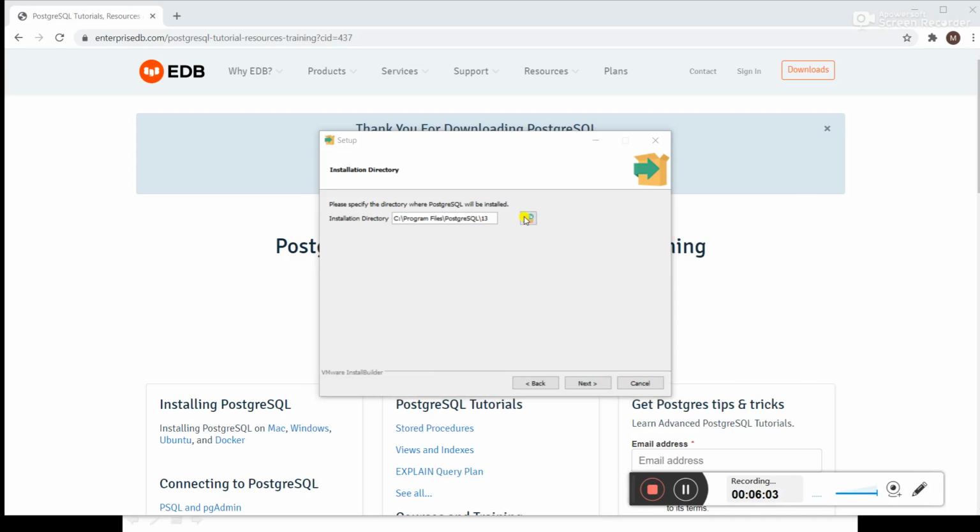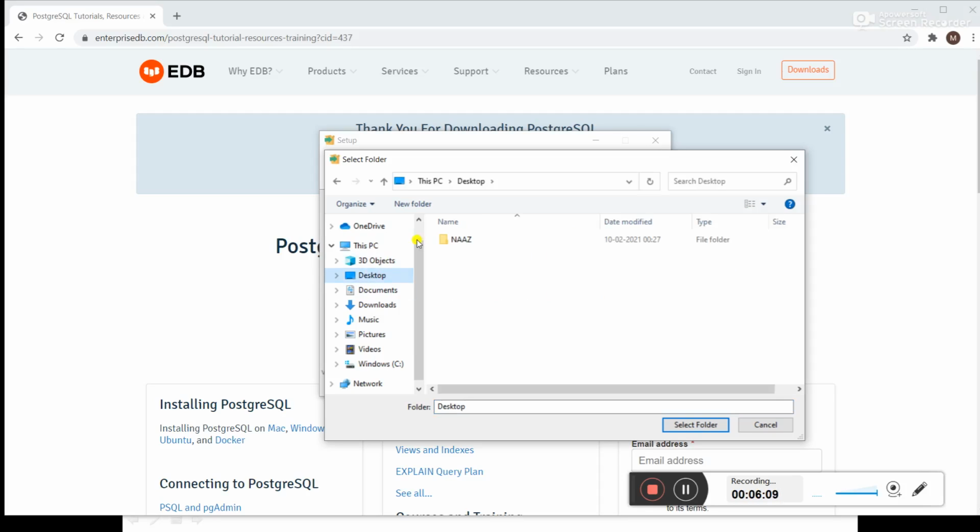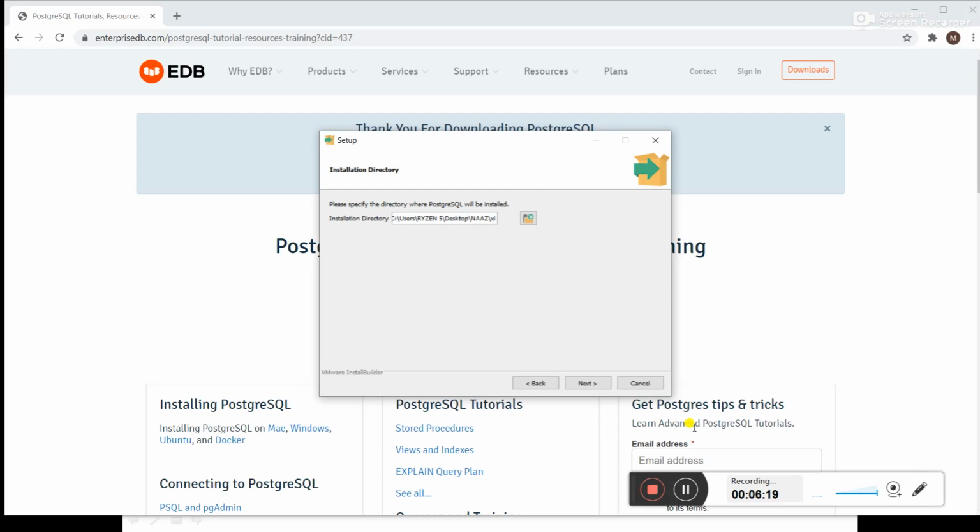Suppose I want to install this PSQL setup in some other folder, I can install it in some other folder also, for example here. Now select.